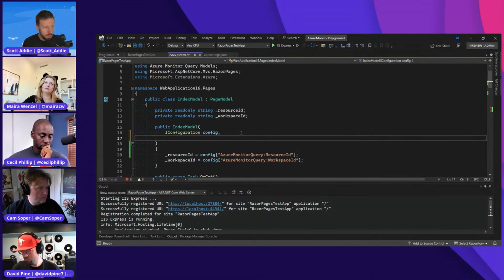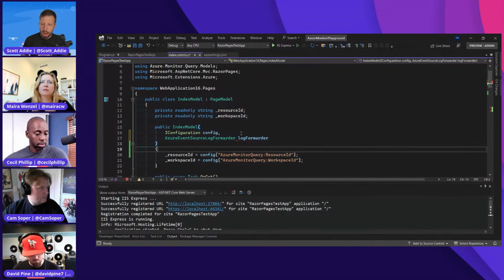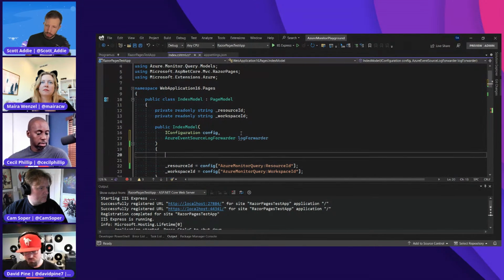What I'm going to do is inject this service that I just registered with DI, and I'll just call this the log forwarder. Now, I've injected this into the page model constructor. The next thing I need to do is actually manually start the log forwarding. That is a one-liner where I simply invoke the Start method